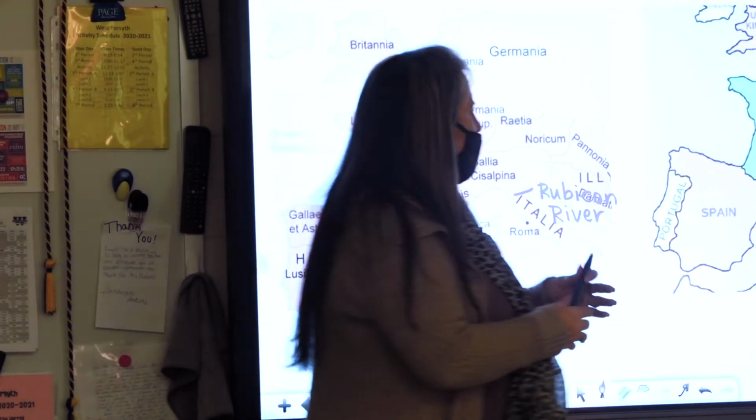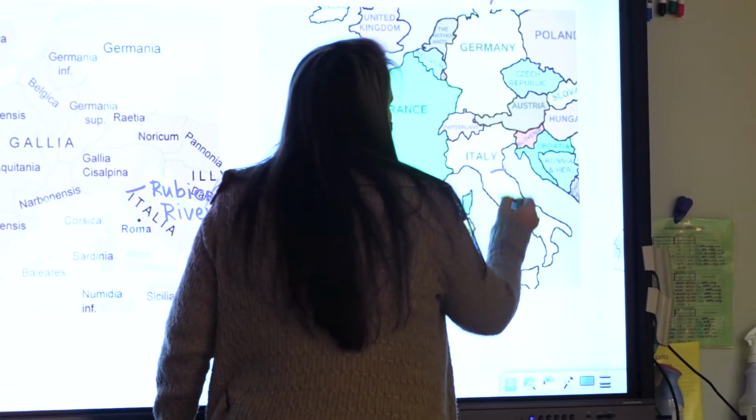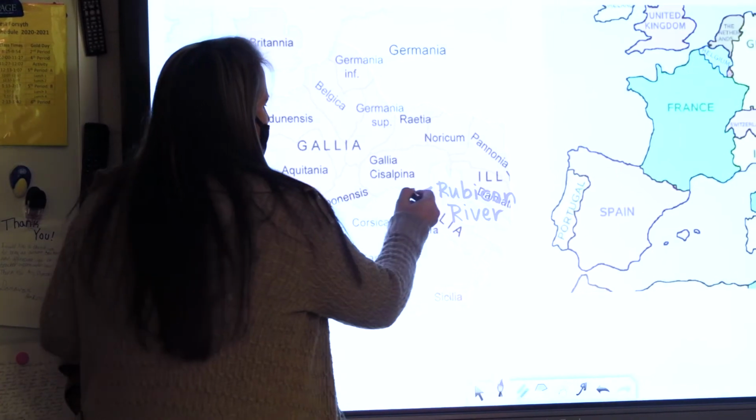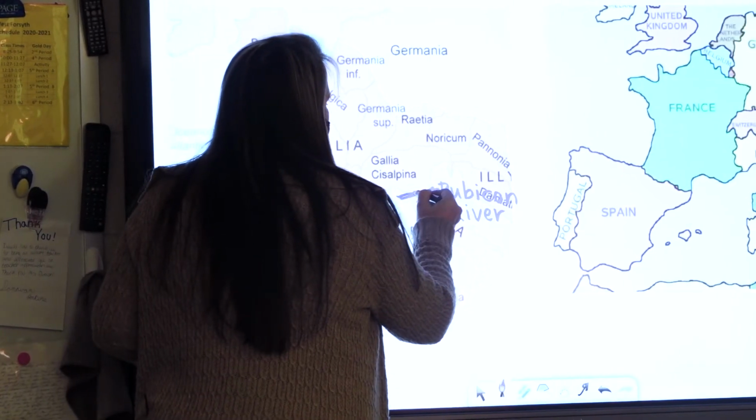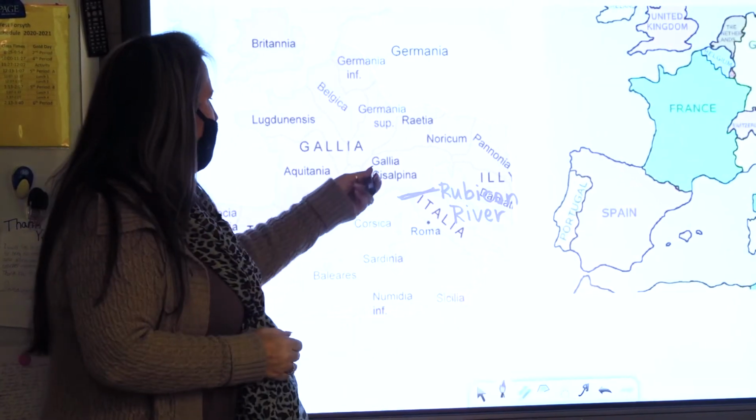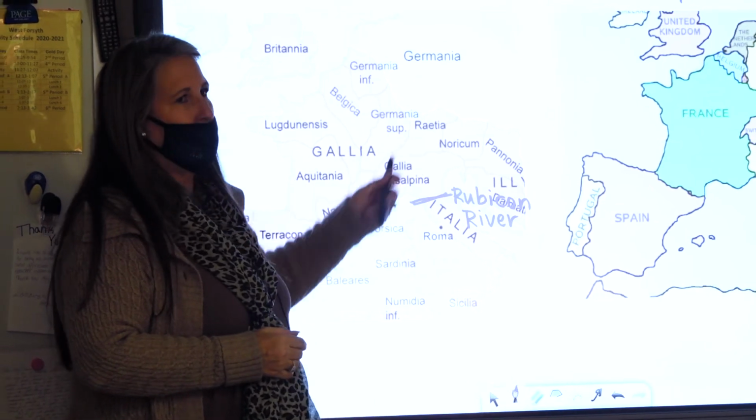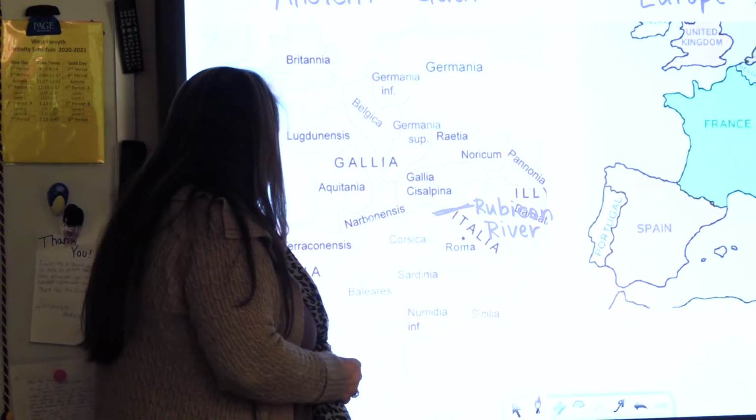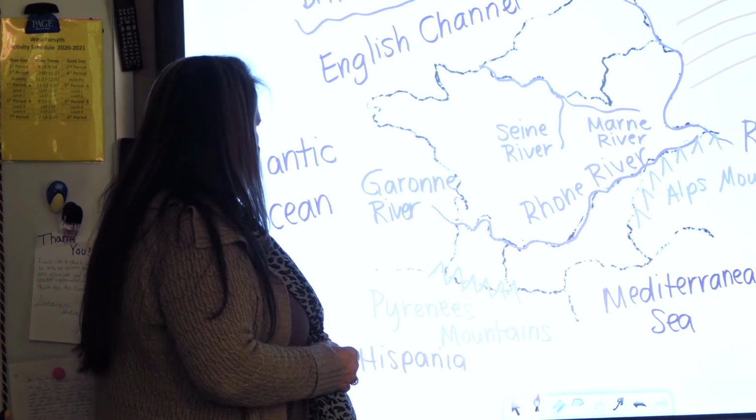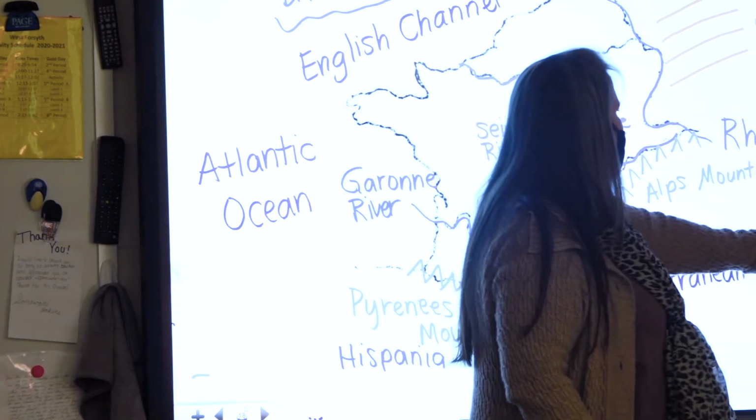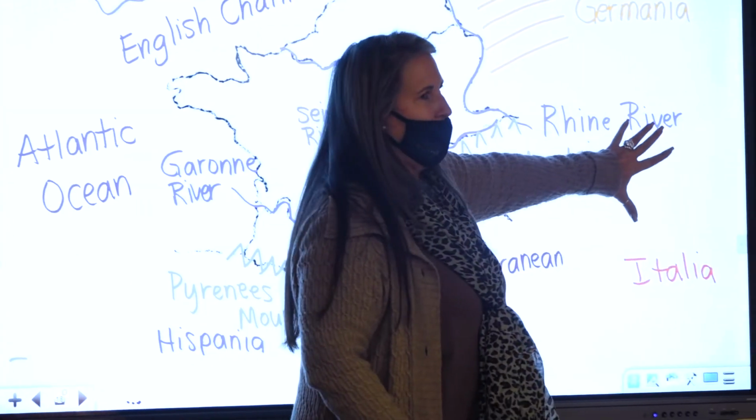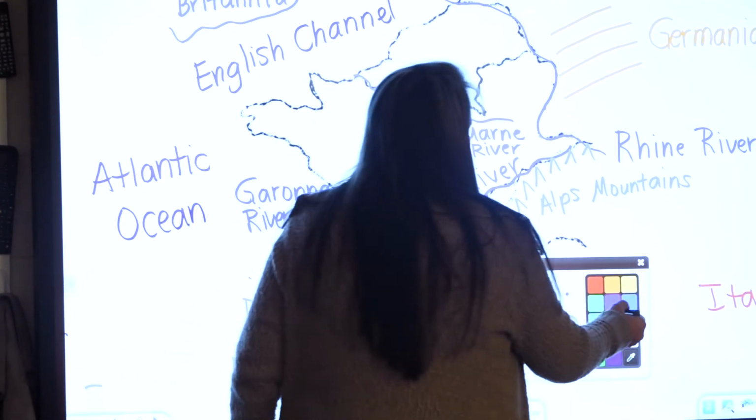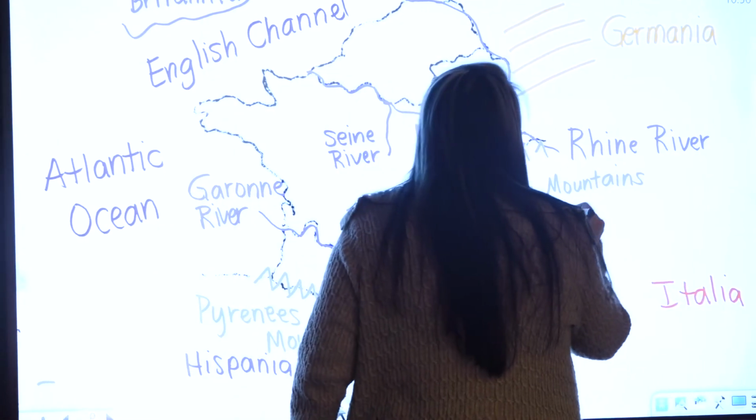So if you look now, the Rubicon's right about here. But in ancient Rome, this right here was Italy. And this part up here was actually part of Gaul. It was part of France. So when we look at our map, we have Italia down here, but right here by the Alps, we have a part of Gaul, I'll change it to, called